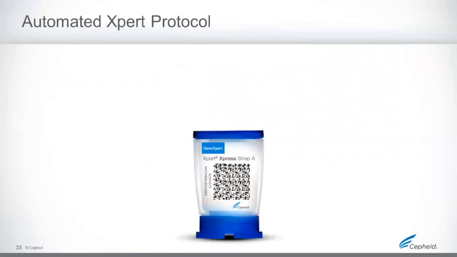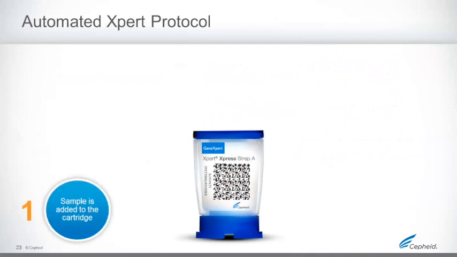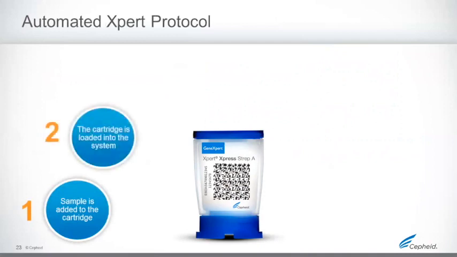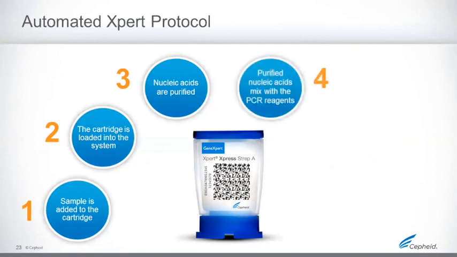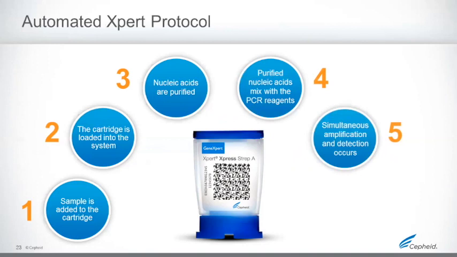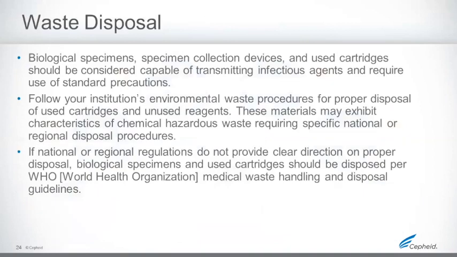As the cartridge is being processed, the first step has been completed: the sample has been added to the cartridge. Step number 2, the cartridge is loaded onto the system. Step 3, nucleic acids are purified. Step 4, purified nucleic acids are mixed with the PCR reagent. Step 5, simultaneous amplification and detection occurs. Once the test is completed,